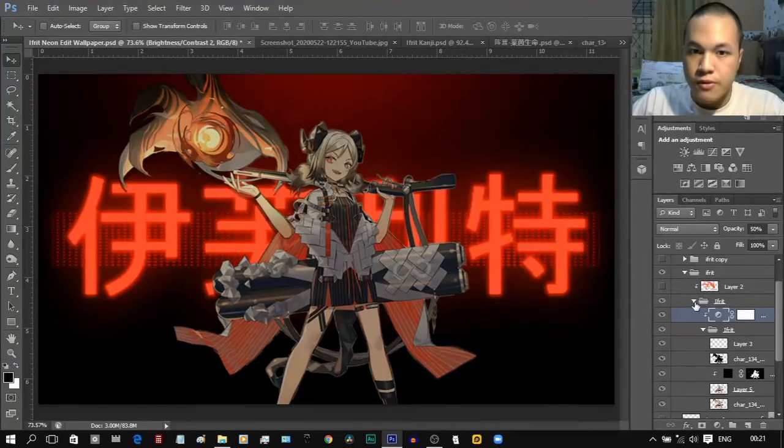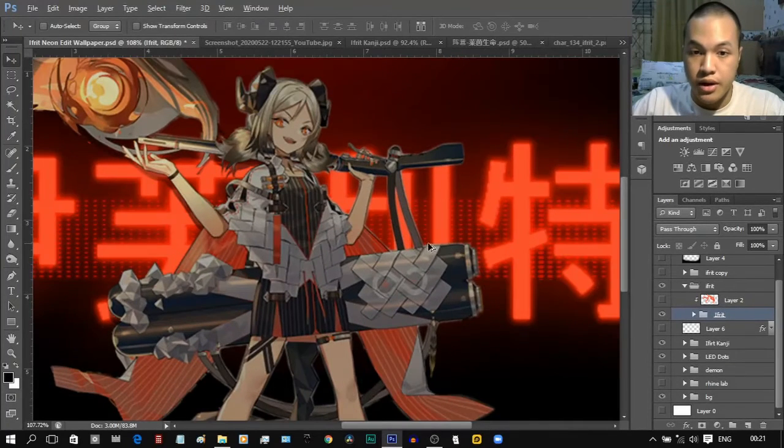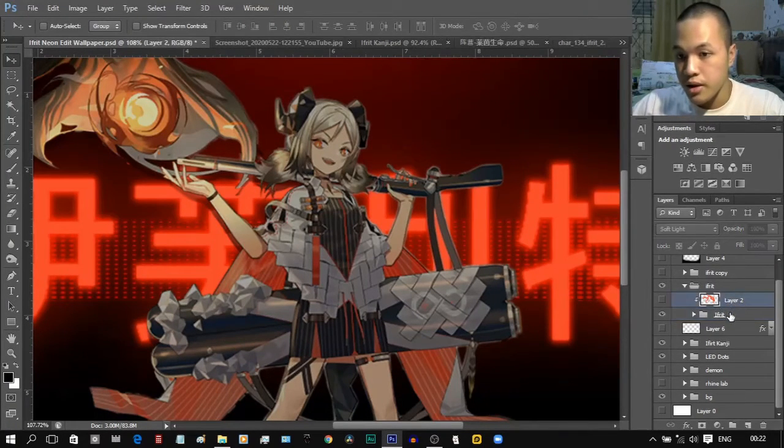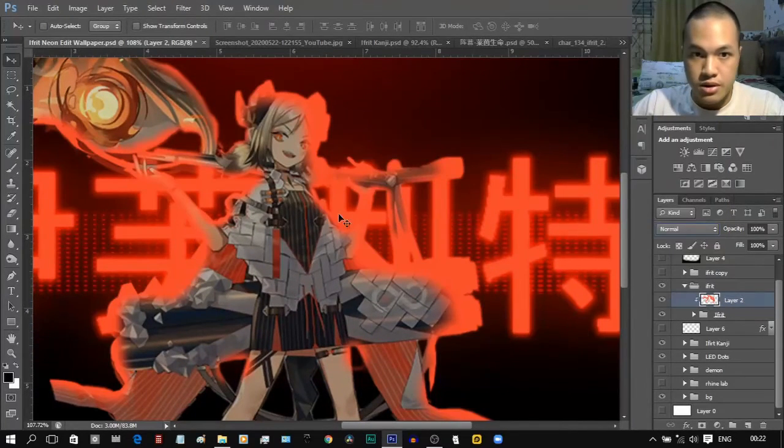And here's where the fun starts, because there's light behind her and you want to make that more realistic, you want to make it stand out. So I made a clipping mask and I painted over it. Also, I used the soft light because it works fine rather than normal, because normal is just